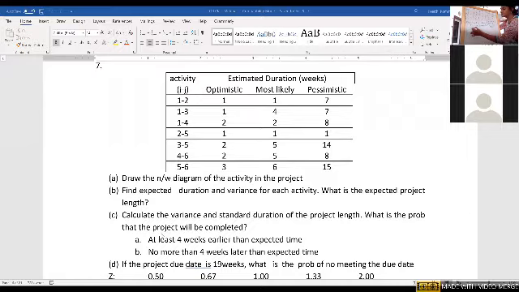Sigma we already found out, which is equal to 3. So we are supposed to find out the probability. So Z is equal to Ts minus Te divided by sigma, which is 13 minus 17 divided by 3, which is 4 by 3, which is about 1.33. So Z at 0.75, the table value, am I correct? Yeah, 4 by 3.